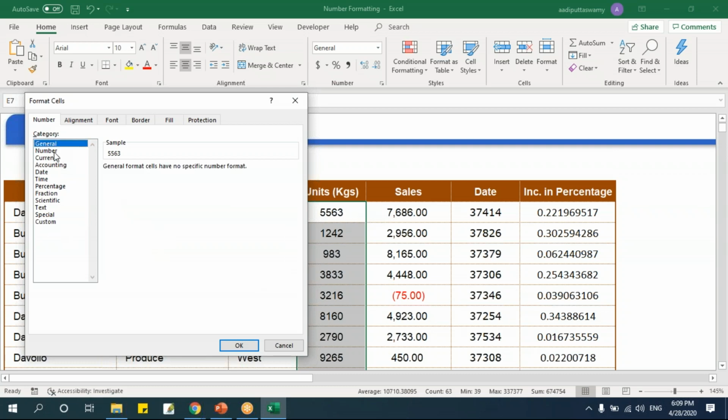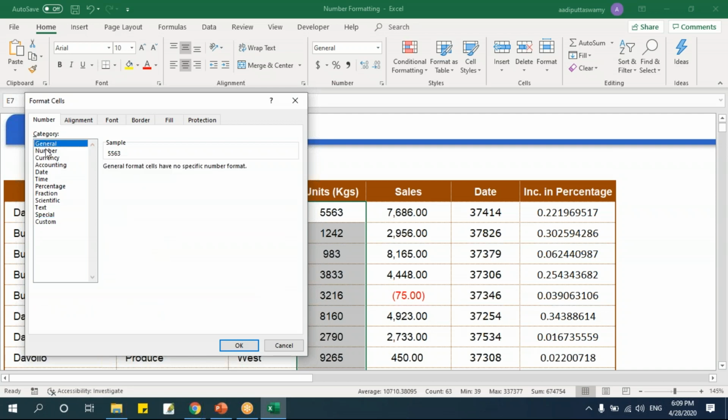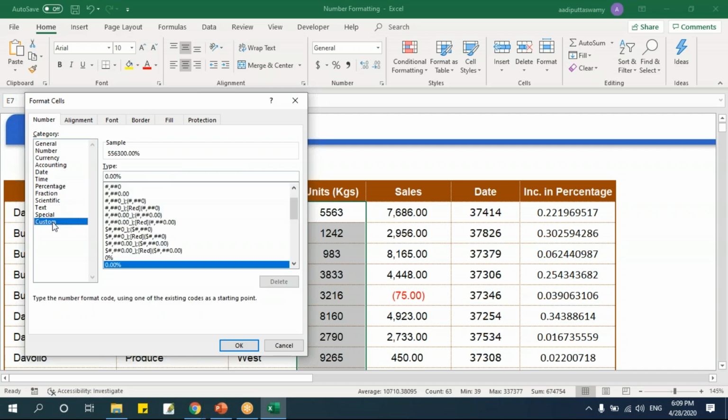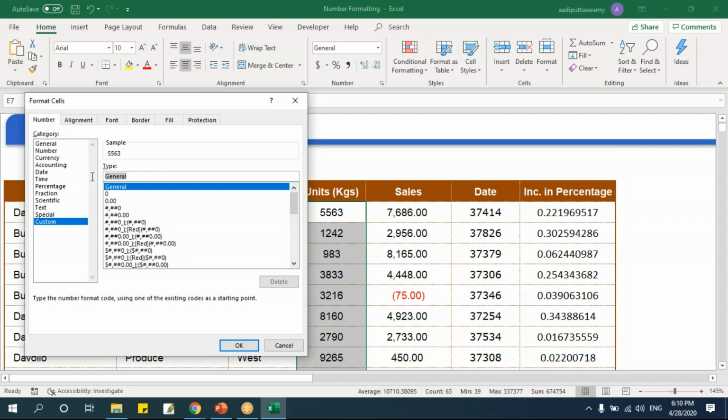See, you go to any of these formats, select that and come to Custom, and it will take that format. I'll go here, take Percentage and come to Custom, and it will take that format. Now I'm in General. So what I'll do is make it 0. 0 is just a kind of format for numbers. Just 0 is enough. Space, double quote, and I'll say kgs.